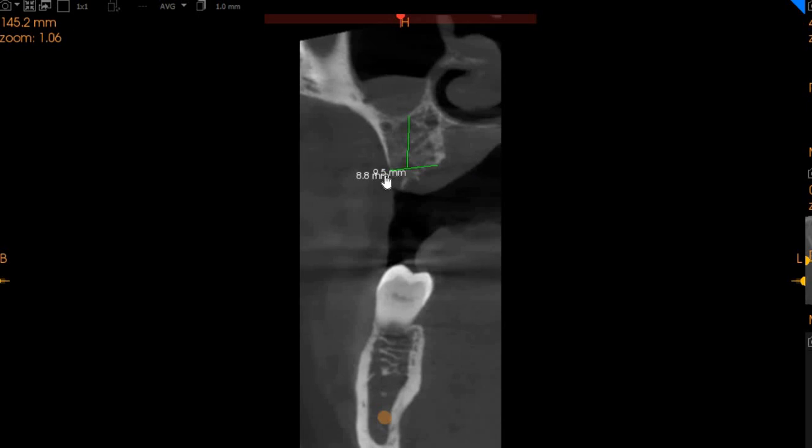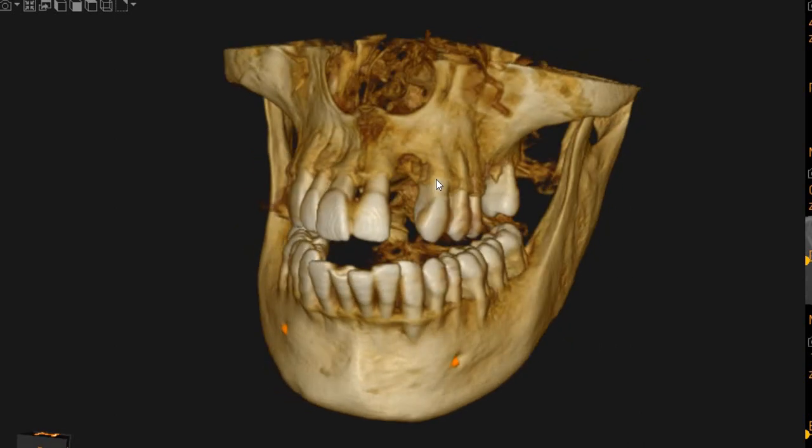So the upper left is definitely something that we can place implants without any problems. We've got good healthy bone, we've got good healthy ridge, and we can place implants without any major sinus lifting or major grafting procedures. So if there are any further questions regarding this case, please feel free to reach out to